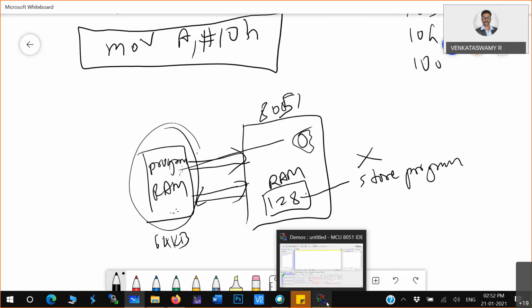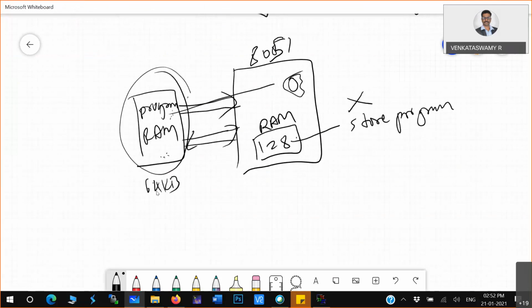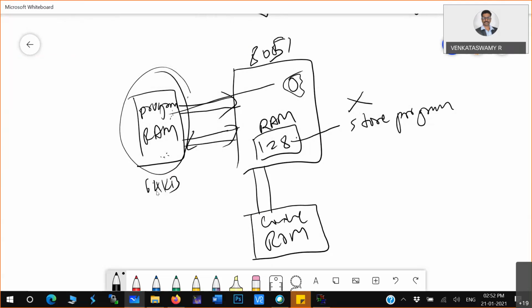Now at this point, they are asking whether you want the external memory. Here you see external RAM, and similarly you can interface ROM also, which we call code memory. That also you can interface to the microcontroller.